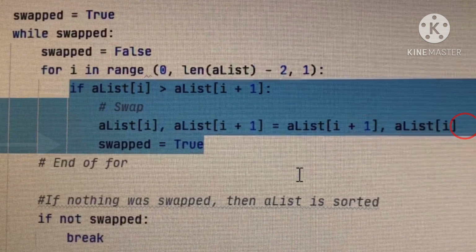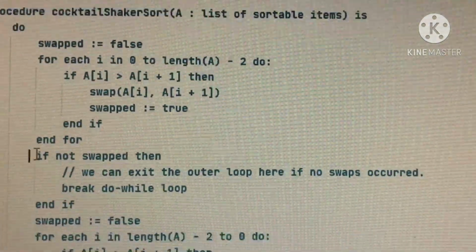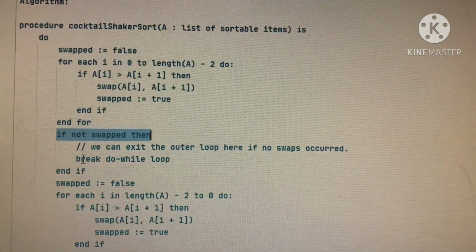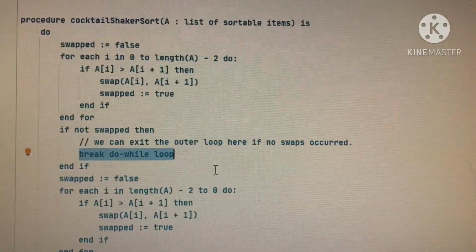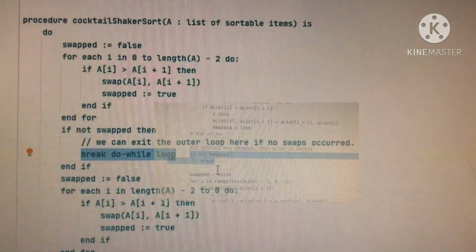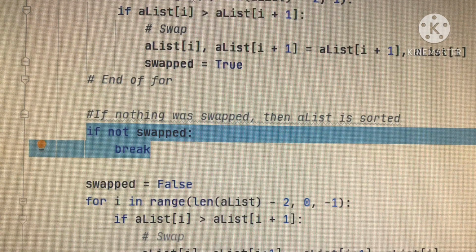through all the values. Swapped equals true is added so that the while loop can finally execute this block of code. Next, it says if not swapped, then break do while loop. This means that if no numbers were swapped, then the list is sorted. Therefore, in Python, I simply wrote if not swapped, break, where break exits the while loop and just prints the